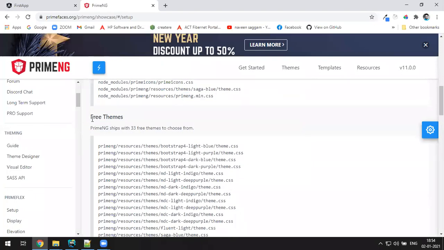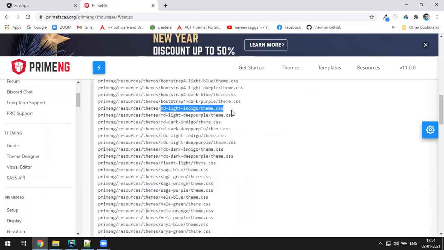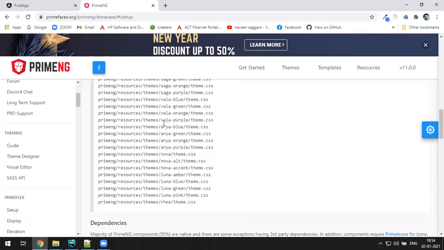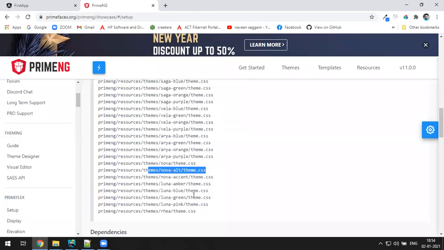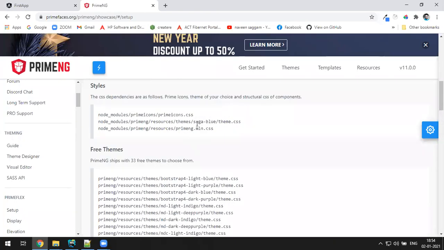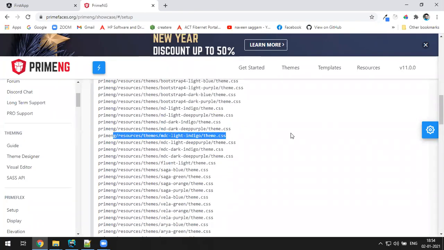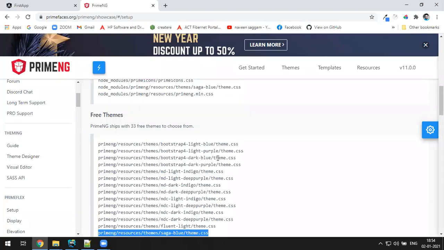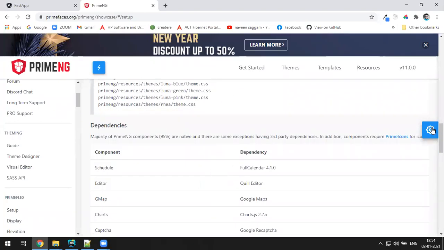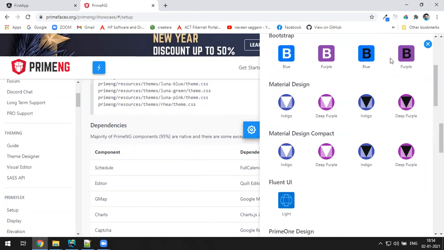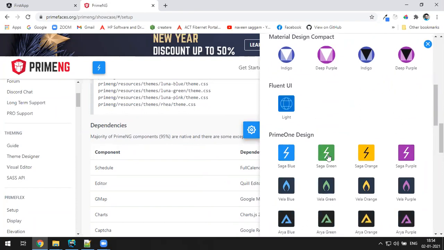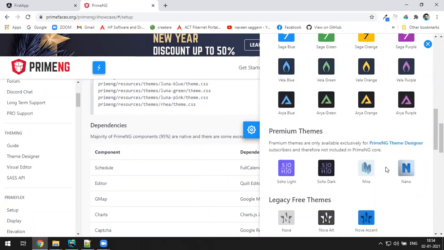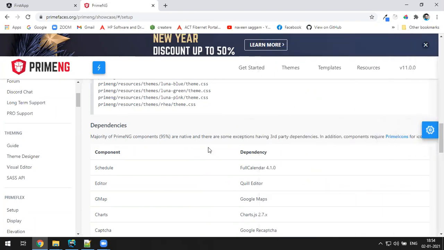And also there are a lot of themes available, like a Bootstrap light theme, a material design theme. Many themes like these are there, and you can just add any one of these css files. This guy is using this one, the saga blue theme. You can also use any of these. See, this is the saga blue theme. You have an option of selecting all these themes. If you go to settings, they'll tell you, see, these are the themes: blue, purple, material design. Like these themes you can select. Okay, fine.